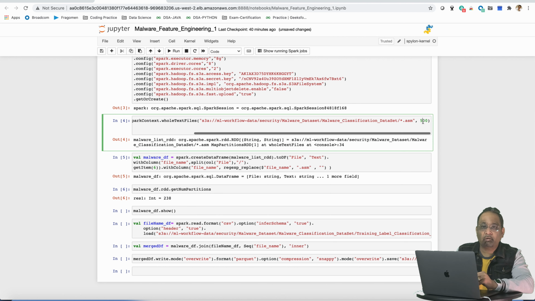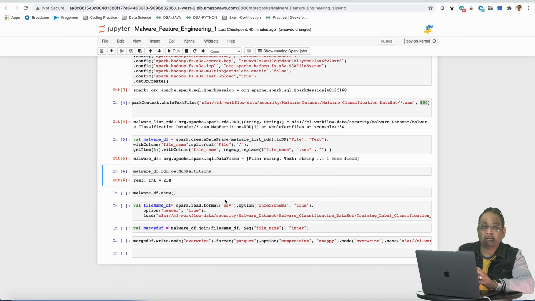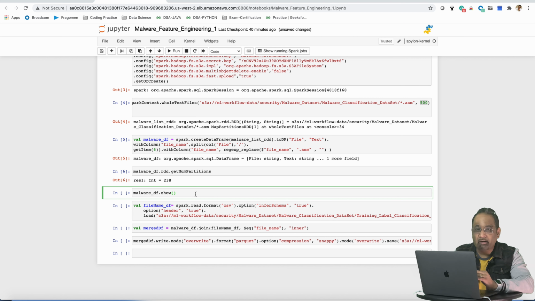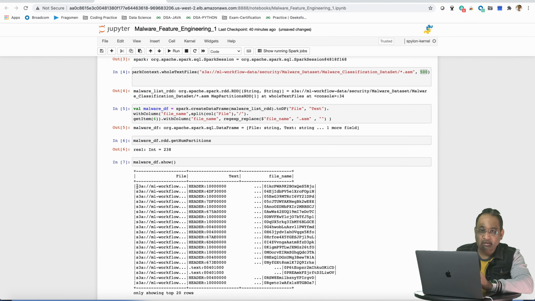If you observe, the number of partitions is not exactly the same as what we have requested, and the thing to keep in mind is that we may ask for a higher number of partitions, but it is up to Spark to determine how optimal and maximum it can give you, depending on how it is splitting and the size of each partition. Now let's merge these two data frames and see the output by using the inner join based on the file name criteria.